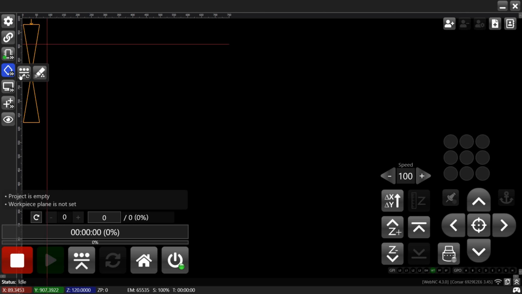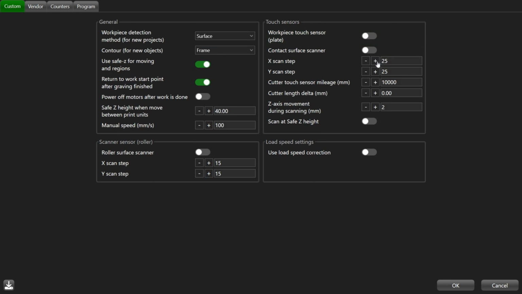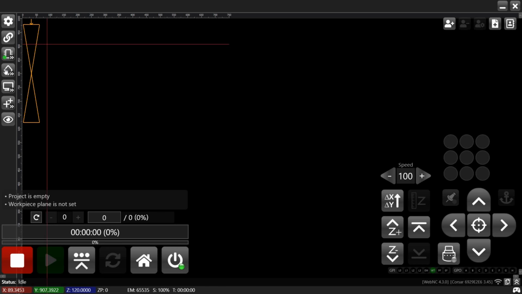To perform the scanning operation, we need to go back to the setup menu, and there we choose whichever type of scanner we want to use. After we do this operation in the setup menu, we'll have a selection of different scanning types here. For example, we can choose a point scanner. The scanning will be performed by contact sensor.